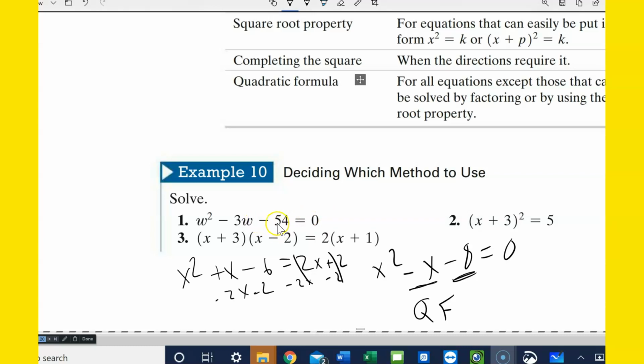Now, if you had said, well, I'm going to use the quadratic formula on number 1, that's fine, because it still would have got you the right answer as long as you can do the quadratic formula correctly. But factoring just would have been a little easier and quicker. So anyway,